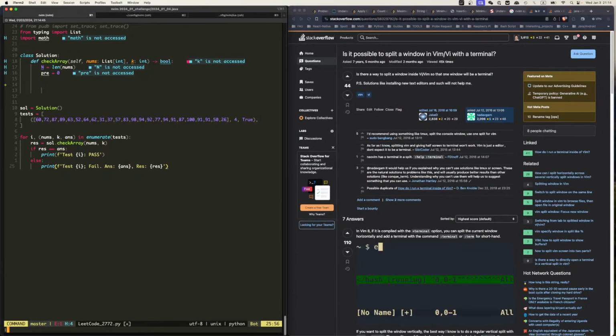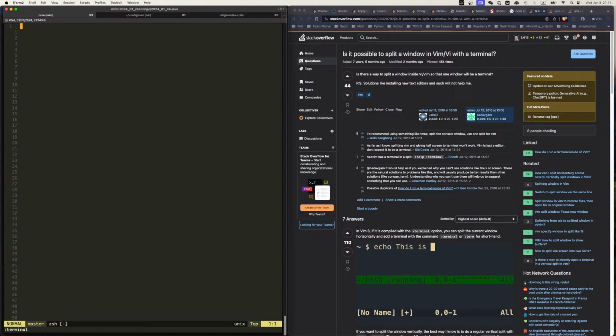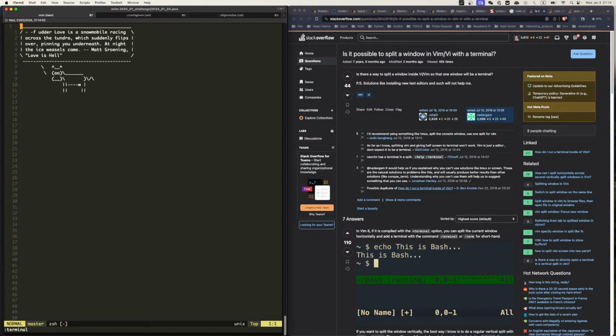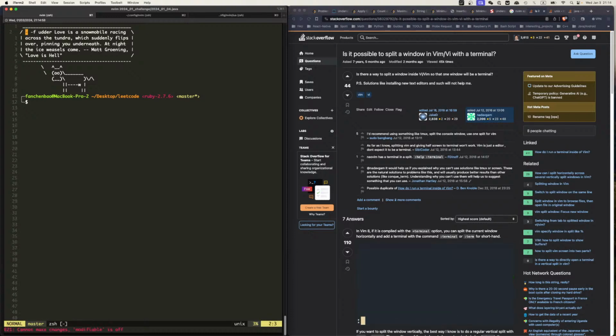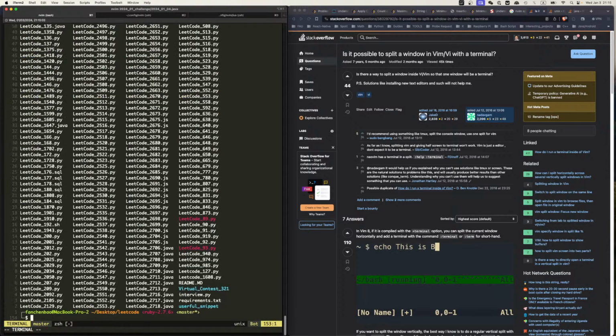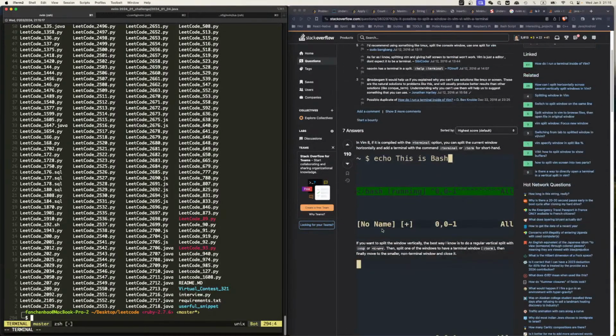So I do terminal. That's not what we want. Oh my goodness. Terminal. Okay, so what I want is, if you want to split the window vertically,